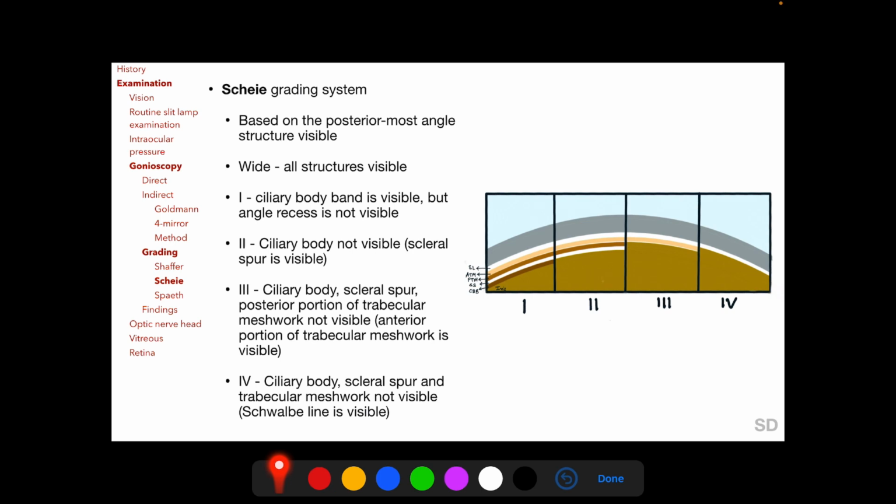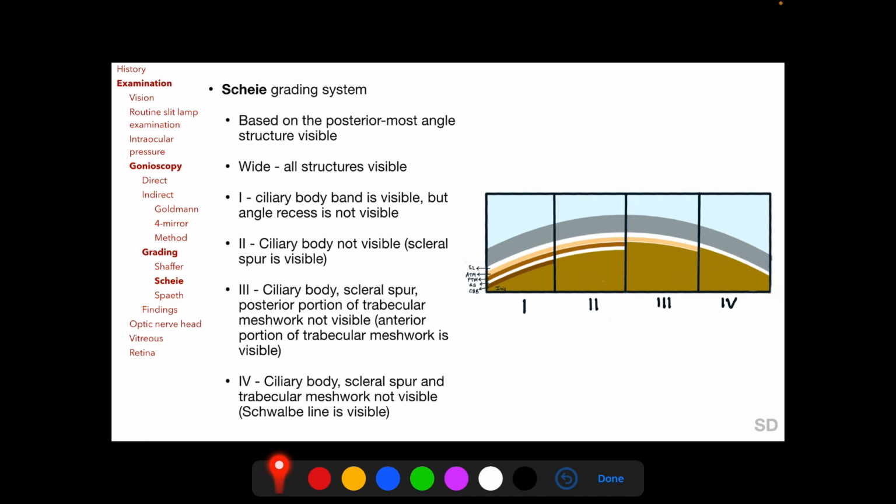In grade 3, the ciliary body, scleral spur and posterior portion of the trabecular meshwork are not visible and the anterior portion of the trabecular meshwork is the posterior-most angle structure to be visible. And in grade 4, ciliary body, scleral spur and trabecular meshwork are not visible and only Schwalbe's line is visible on gonioscopy. We note here that in contrast to Schaffer's grading system, the grades in the Scheie grading system are given in Roman numerals and grade 4 represents narrow angle, in contrast to the Schaffer's grading system where grade 4